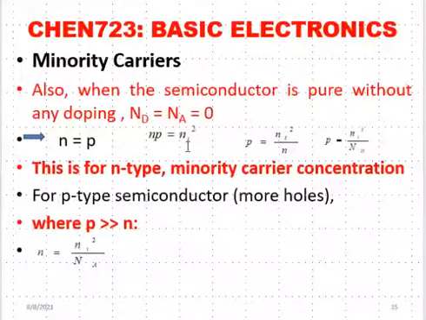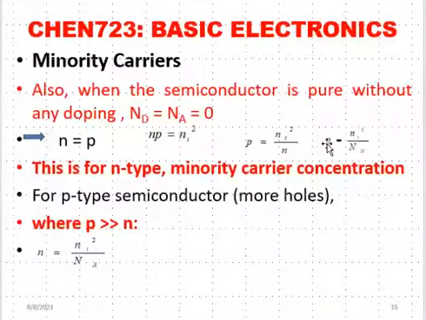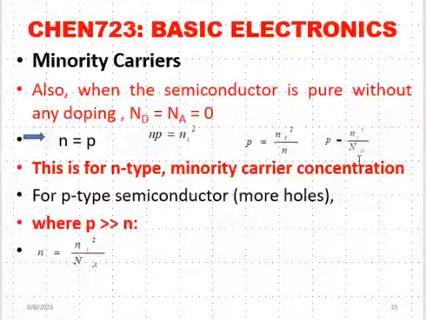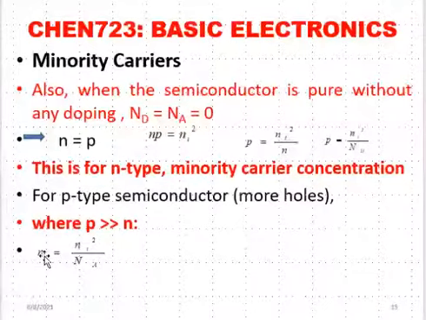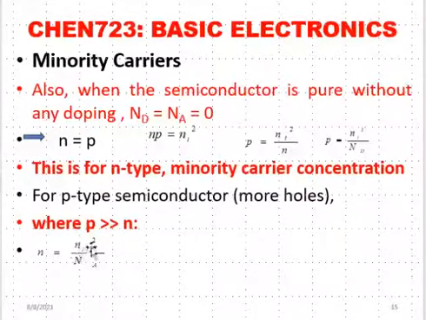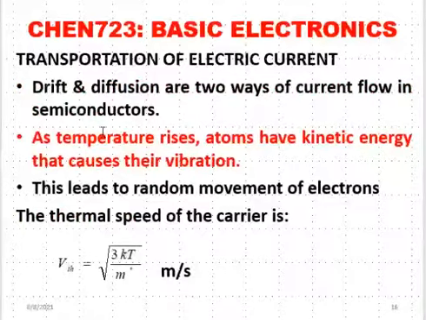So we can represent each one of them by Ni, that is the intrinsic concentration. Whenever you are dealing with N-type semiconductor where you introduce group 5, you find that the holes are the minority carriers, and the formula for calculating is given by Ni square over Nd. And where you are dealing with group 3 impurity, that is p-type semiconductor, you find that the electrons are the minority and they are given by Ni square over Na, where Na, as we said, is the concentration of the acceptors.